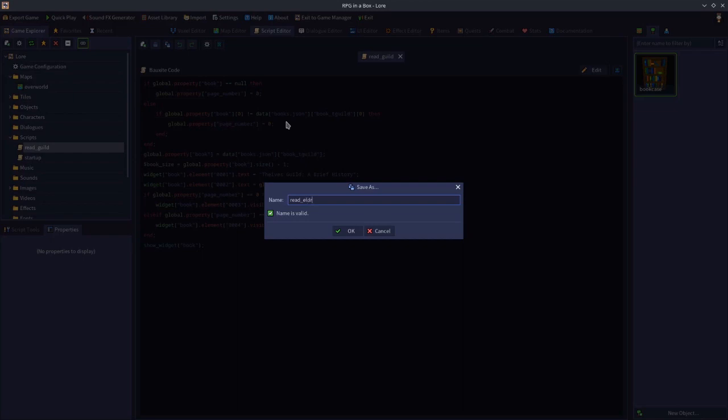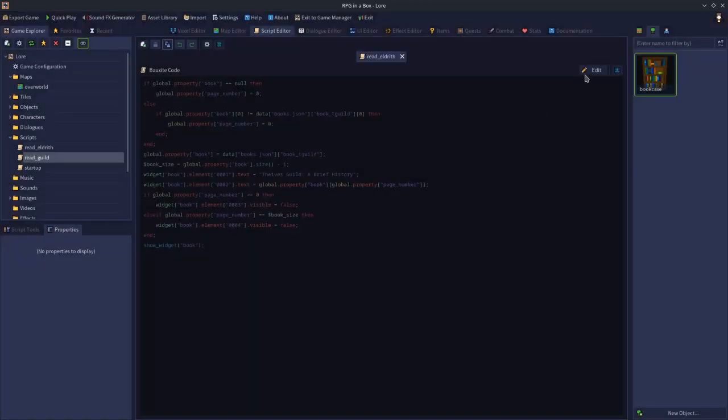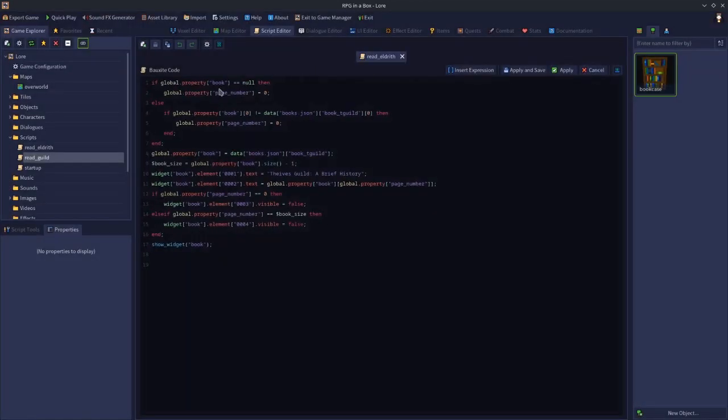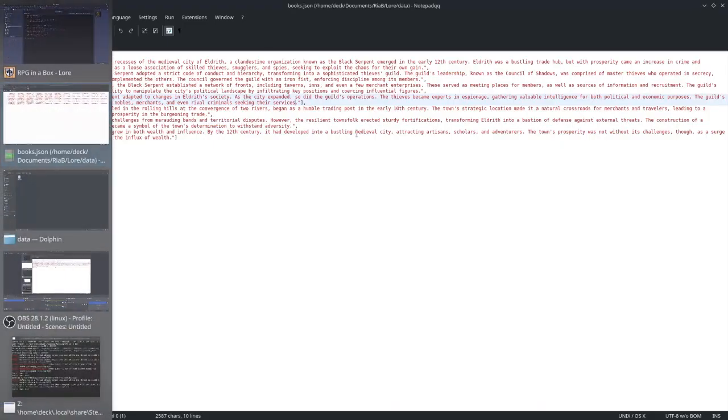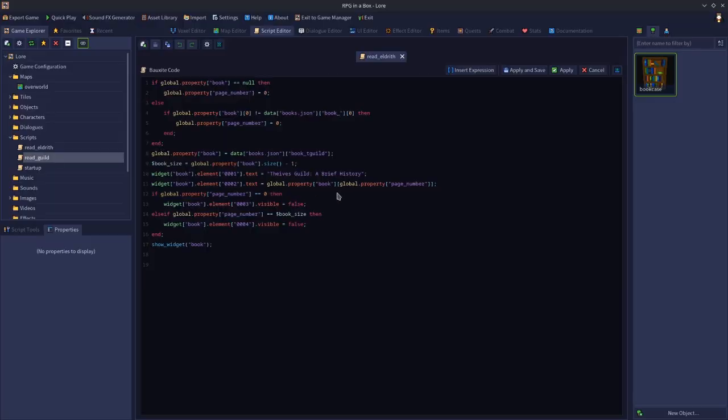So this is going to be the one that's the history of the town. And we'll click OK. And then we just need to make amends to this particular code for the other book. So if there's nothing in the book, reset the page number. That's fine. If the book, however, does not contain book Eldrith, so if it's not this current book we're working on now, then reset the page number. Then we need to put book Eldrith into the